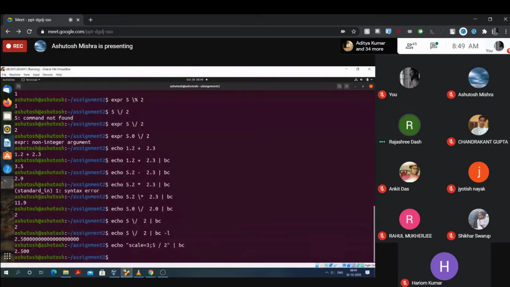So what do you find? By writing scale equal to 3, it has set the decimal places up to 3 digits. Now in the same way, check the same thing with scale equal to 1.